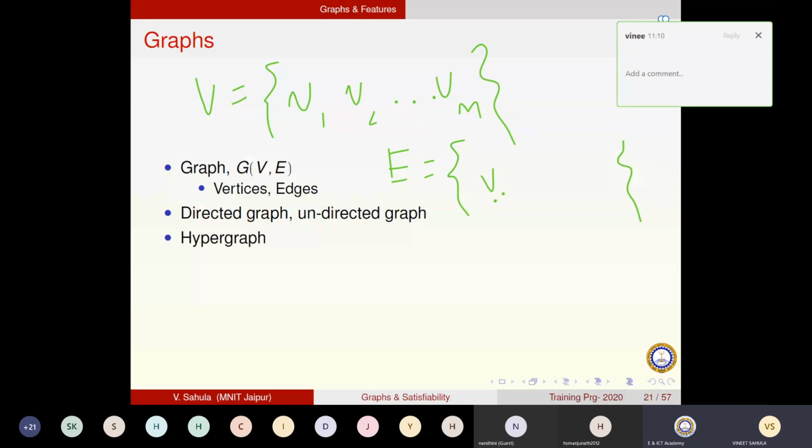Vi and Vj are connected. This is one edge. And there will be many edges, right? This is the way to represent an edge. A pair of two vertices is an edge, right? So a graph is a set theoretic element also. You thought a graph is a picture only. No, a graph is a set theoretic element also. It is a superset of two sets, the vertex set and the edge set.